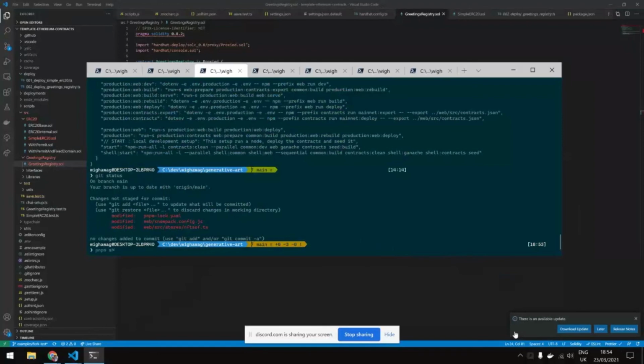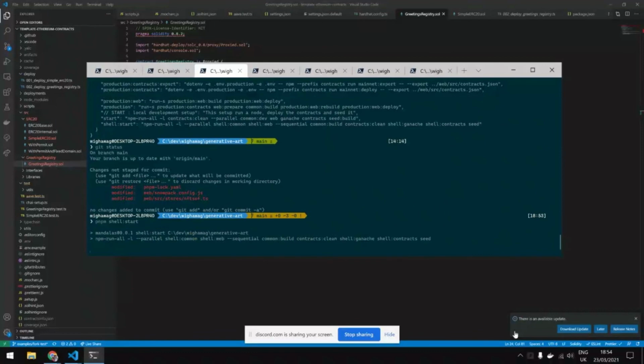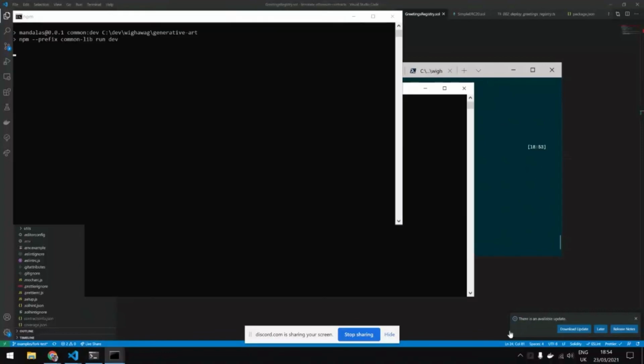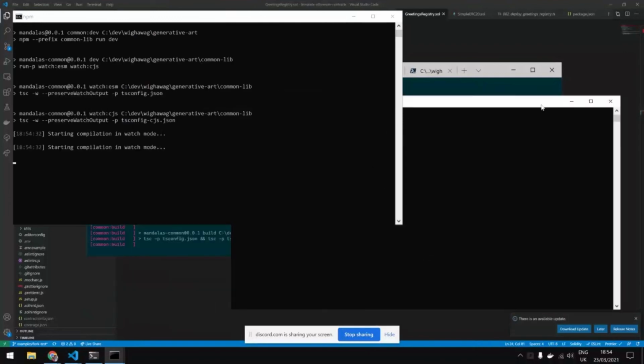And the way you get started with the Jolly Roger template is pnpm. It uses pnpm. I find it very nice for working with monorepos. Then shell start. There is also the start version, but shell start will basically create different shells for you for all the components of the application.